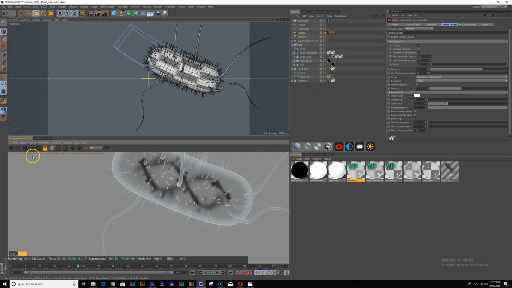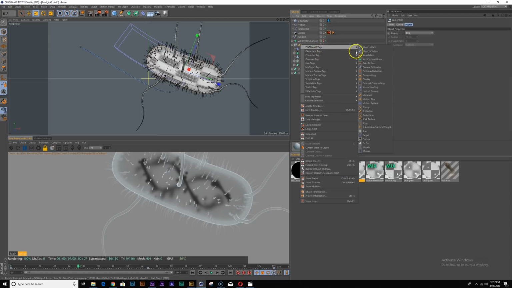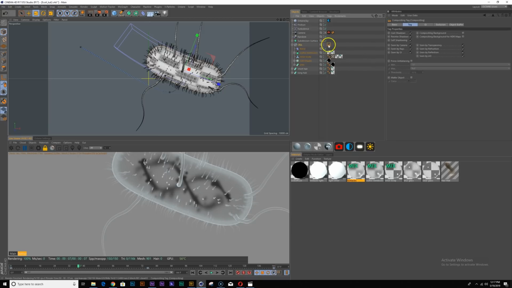And to do that, I am going to use the standard render engine and use the object buffer system here. So I'm going to select my cell and add a compositing tag and enable object buffer 1.